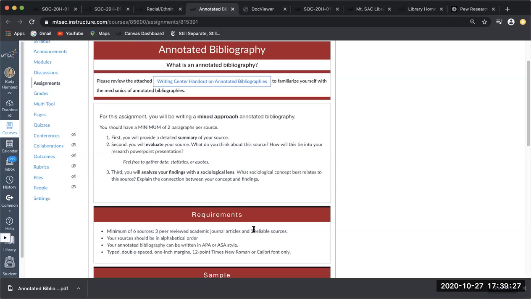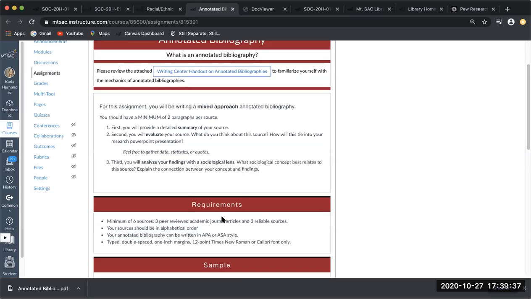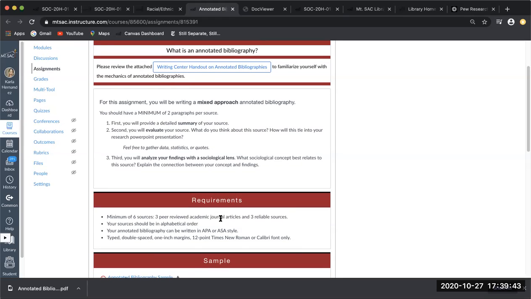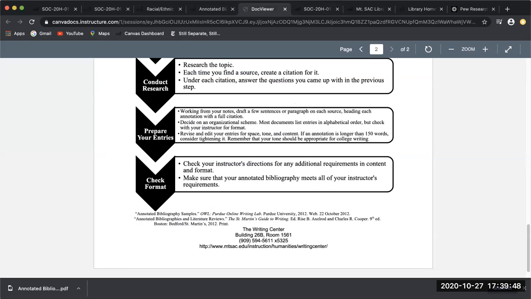Don't do one citation as APA and another citation as MLA. Be consistent with whatever style you are comfortable with. And then the last kind of requirements, once again, typed, double space, 1-inch margin, 12-point Times New Roman, or Calibri font only. So where is the sample?